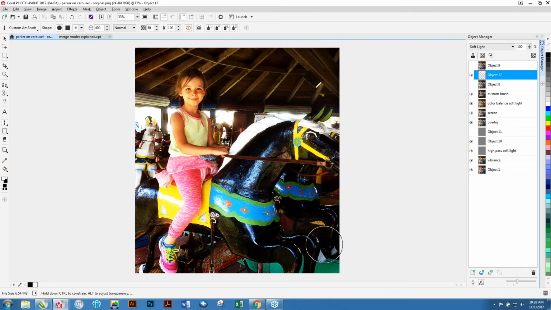Some of the areas that got too dark, let's go back in and tap. And it's a nice way to bring back all the details that got lost. All right, now I think I like what I've done here,